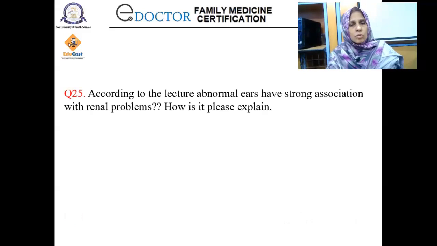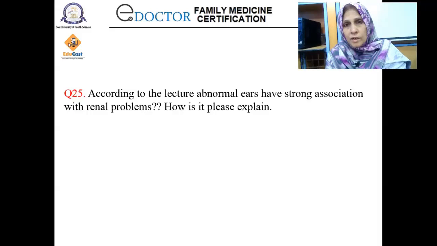According to the lecture, abnormal ears have a strong association with renal problems. How is it? Please explain. Well, the exact cause is not known. Maybe there is some association at a genetic or molecular level, but I have not found that. But there are associations, in the sense that whenever there are abnormal ears, there have been renal problems, just like CHARGE association and VACTERL association. They have been found to have certain things in common, and you find other things which are associated with that. So the recommendation is that if a baby has any preauricular sinus or pits or any abnormal ears, and in addition, that child has one or more of these things, like a family history of deafness, or a family history of external ear abnormalities, or a family history of any renal problem, or the baby has any dysmorphism, then they should be screened for renal problems by doing a renal